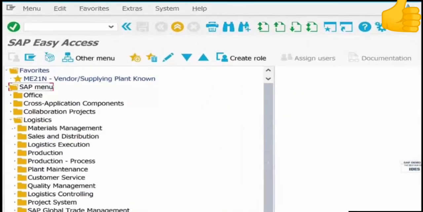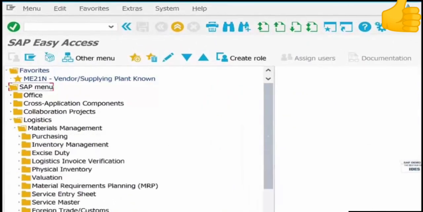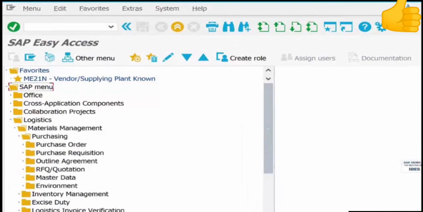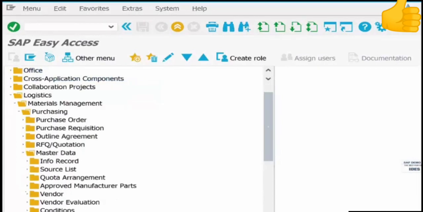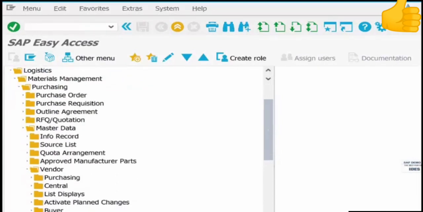Go to logistics, material management, purchasing, master data, vendor, and then we have purchasing and central. Then either go to purchasing and create only the general and purchasing view of the vendors like so, or we can go to central and create all the 3 different views. Let's go to central. Go click XK01